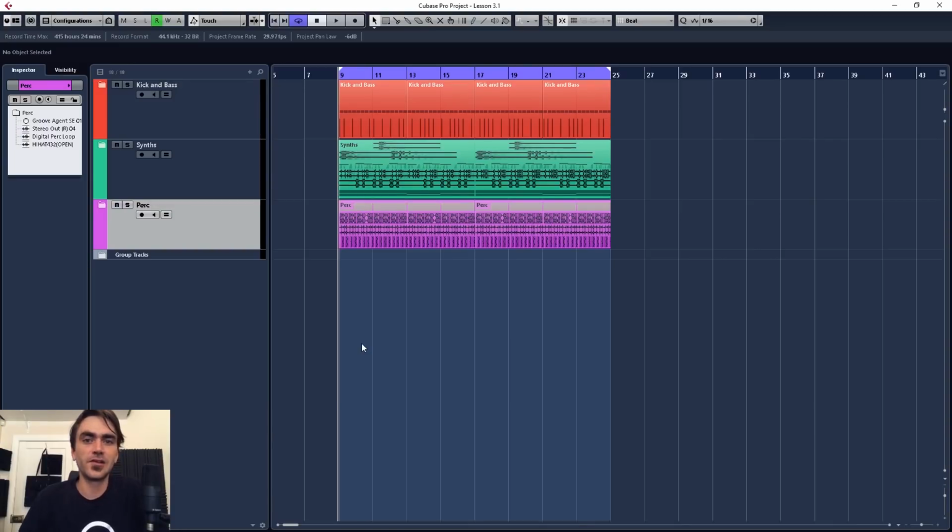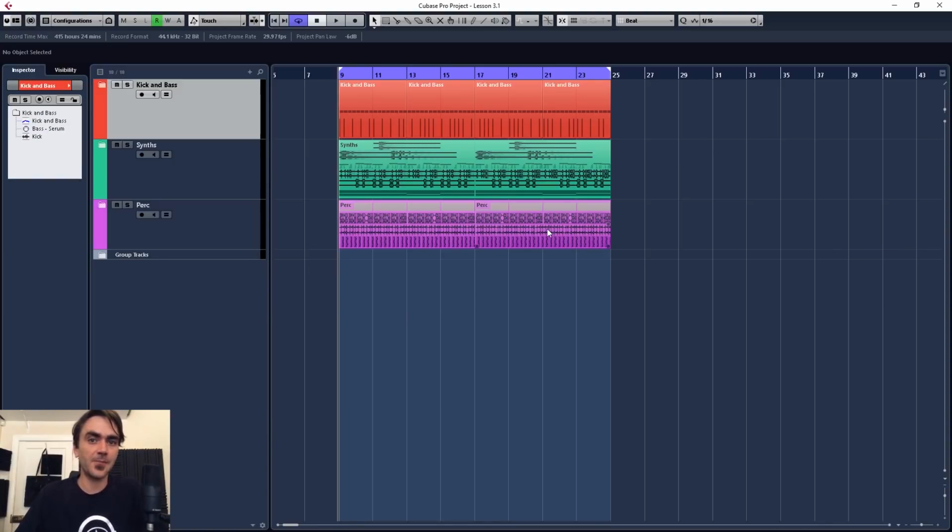So if you've been following along, your project looks and sounds something like this. I've gone ahead and just color coded it a little bit because the gray was starting to work on my nerves. So we've got our main section, our main theme of the track, but we want to create a section that builds up to that, and we want to create a breakdown from that. I'm going to show you guys a couple of tips and tricks that a lot of the guys use in